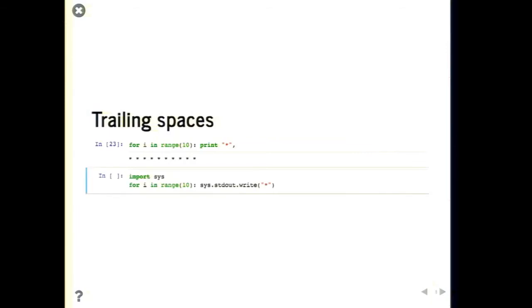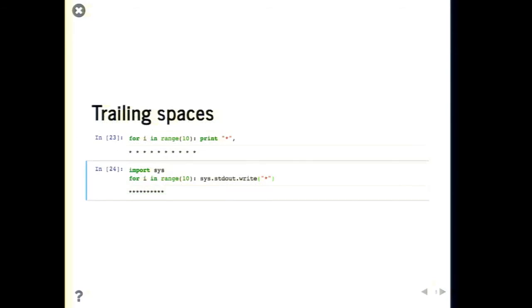Basically, it prints the line, and instead of a new line, it leaves a space. That's with the print statement in Python. But if you have to do something like this without spaces and on the same line, you just have to import the sys module, and that's the only way.